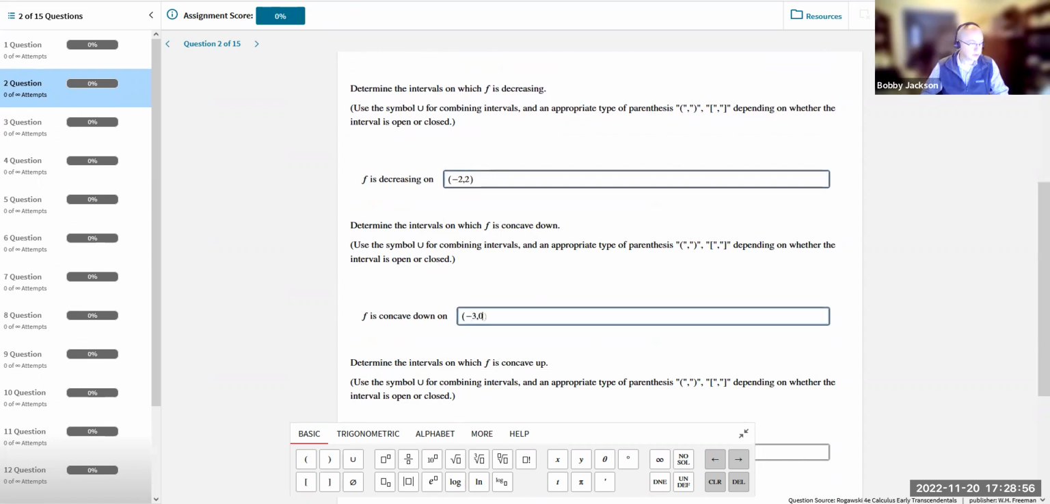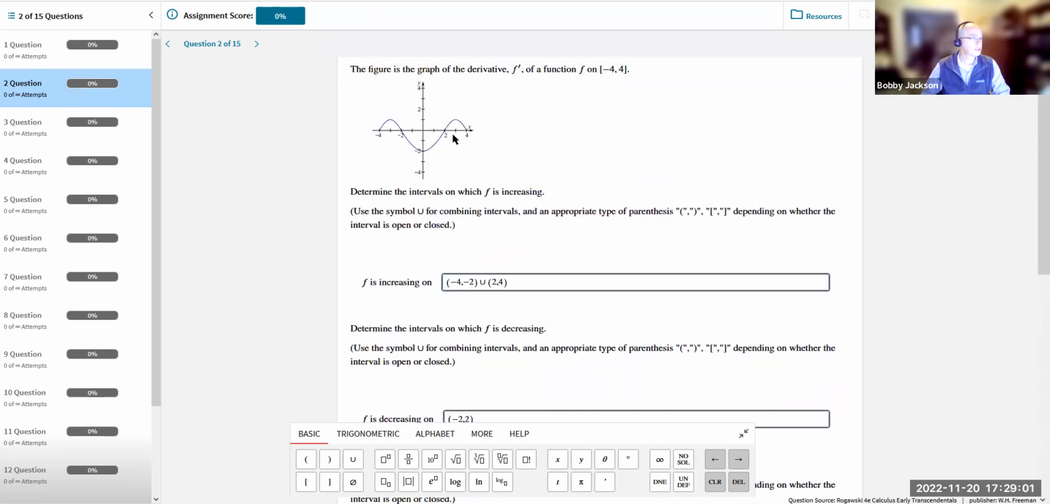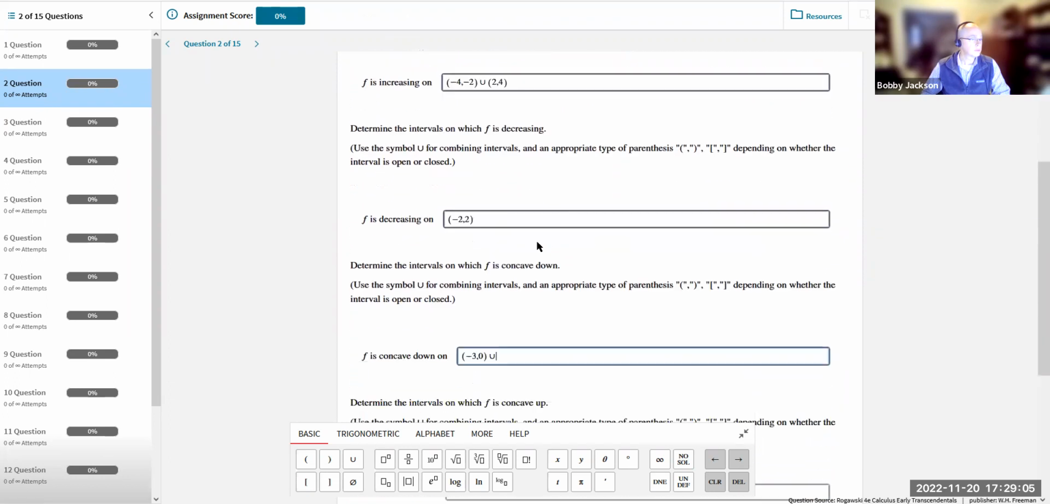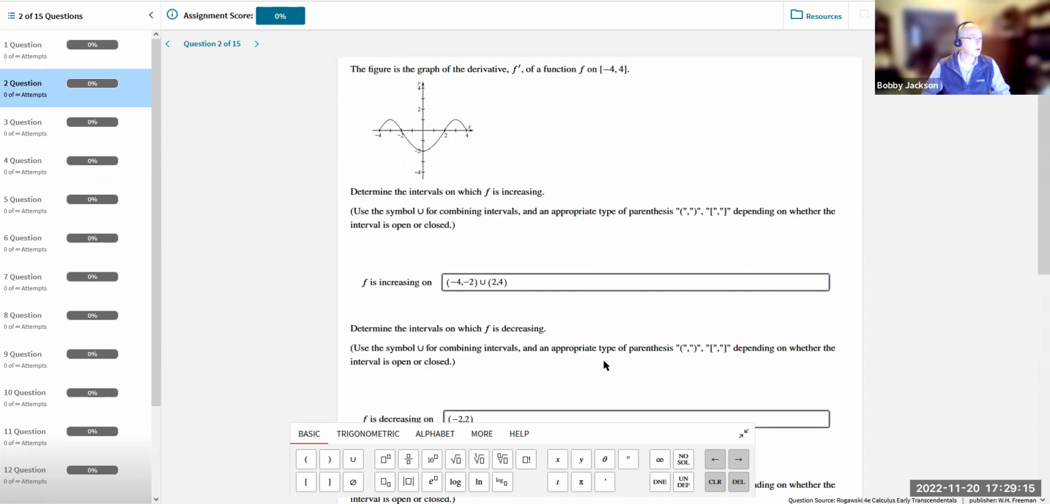-3 comma 0. But then we have another one here, right? We're also decreasing here from about x equal 3 to x equal 4. So from 3 to 4. And notice again, I'm using parentheses. I would encourage you to use parentheses or open intervals here. We don't need to include endpoints here at all. Okay, because we're looking on the interval between what two values is the function increasing, decreasing, concave down, and now